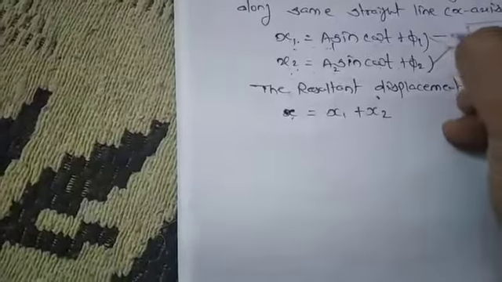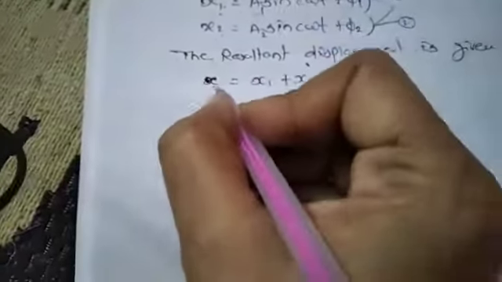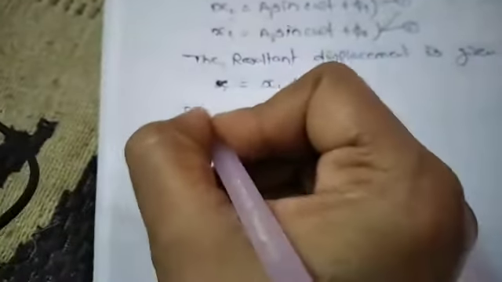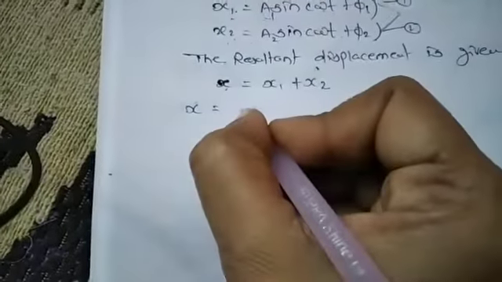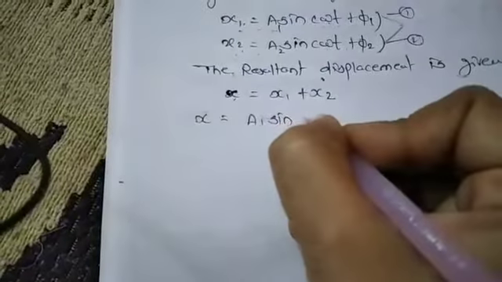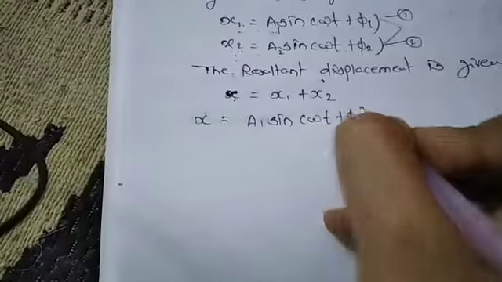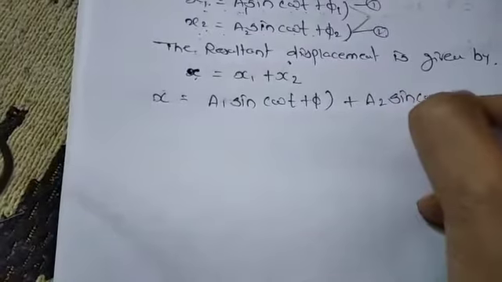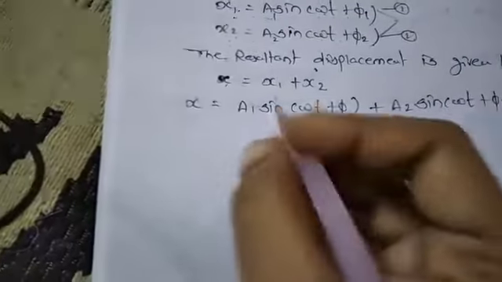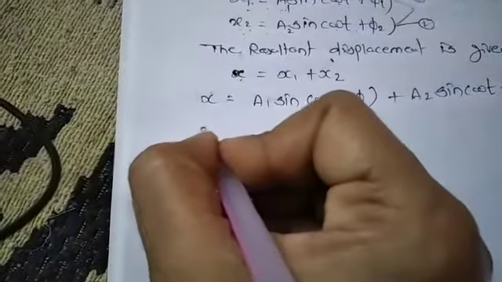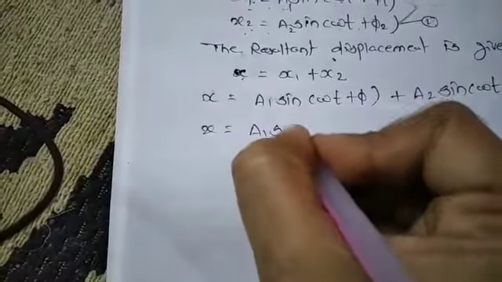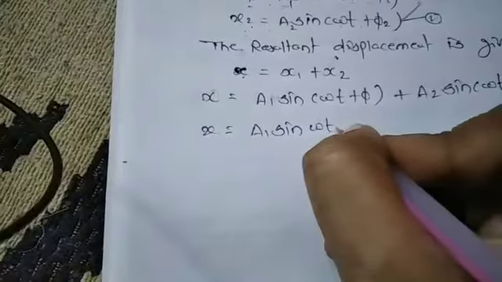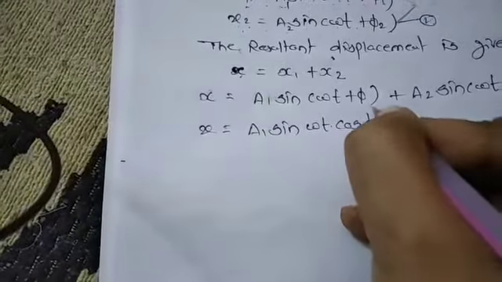Then next comes the mathematical part. We'll add equation number 1 and equation number 2. We'll put the values here. x is equal to, x1 is this, so we'll write A1 sine of omega t plus phi1 plus A2 sine of omega t plus phi2. Therefore, we can write this as x is equal to A1 sine of omega t into cos of phi1